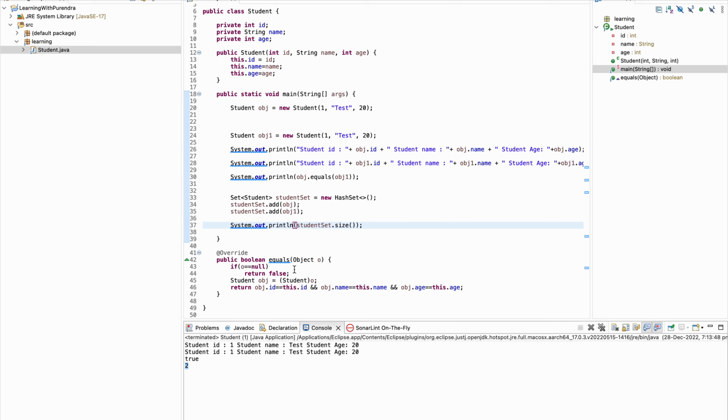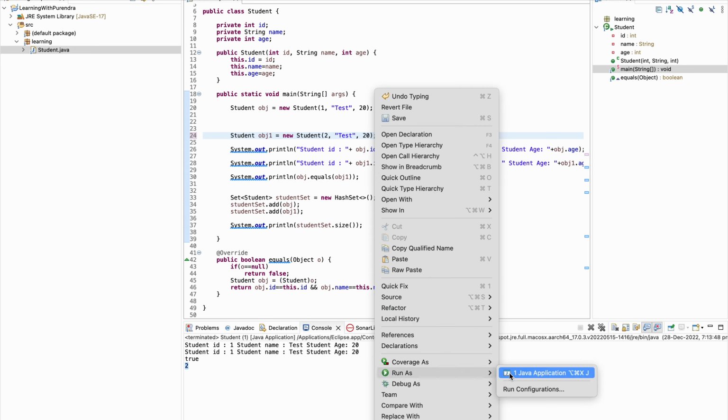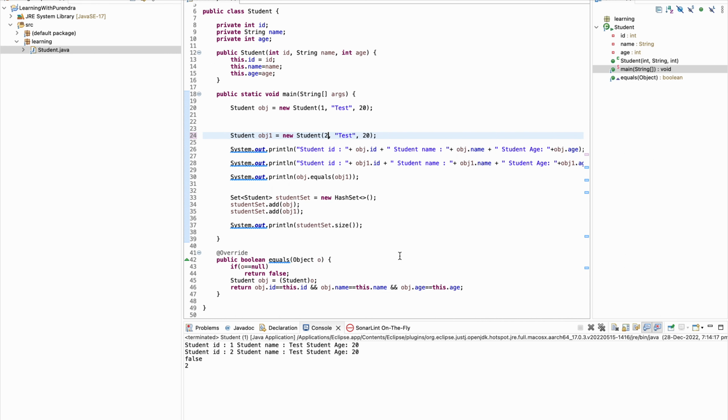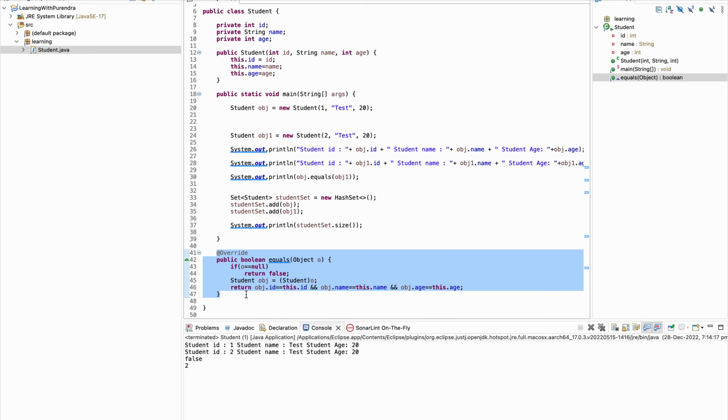We also overrode the equals method, but we can see in the student set there are two values. But if we see the student object, yes, there are two values as well. But let's see, I put it 2 and then I run this program. Then it is understandable that equals method is also returning me false.